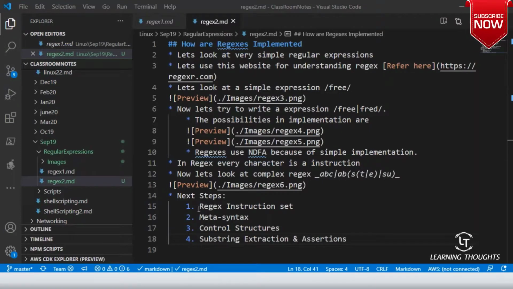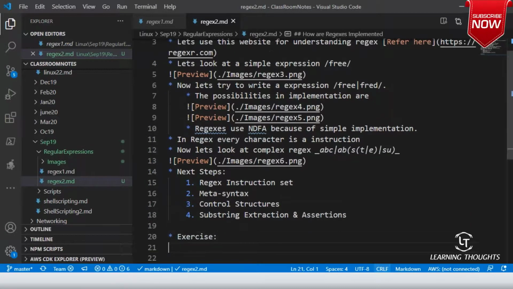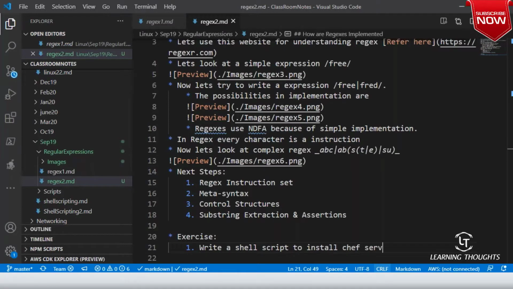In the meantime, I want you to do one thing. This is an exercise for you. Write a shell script to install Chef server.